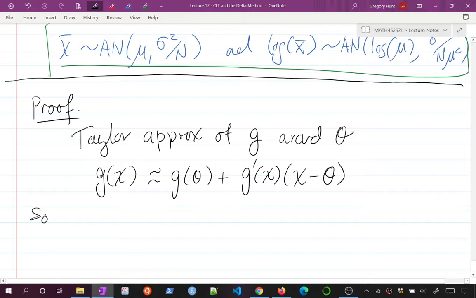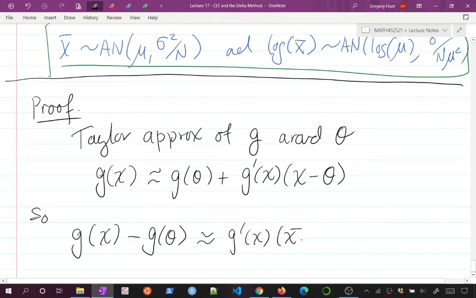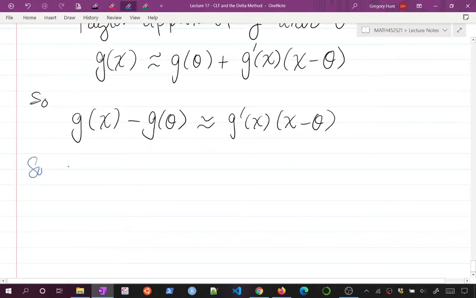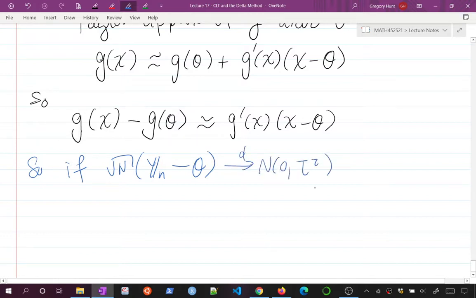And so g of x minus g of theta is approximately g prime of x times x minus theta. Whoops, not x bar, x minus theta. And so generically, if we have some sequence of yn's where root n times yn minus theta converges to a normal 0, tau squared distribution,